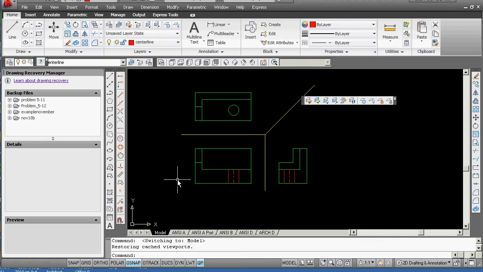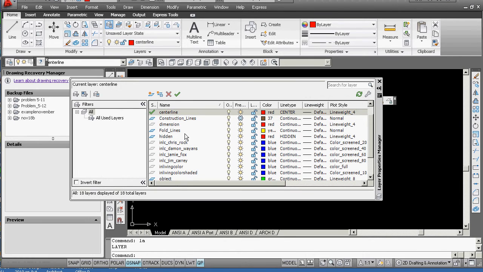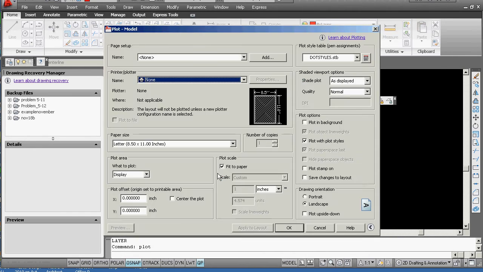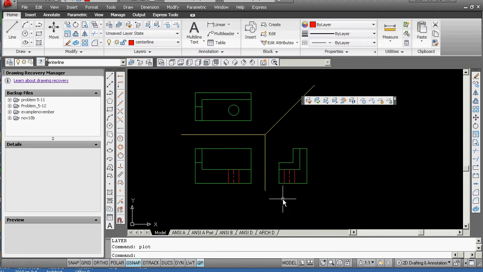Whenever you make layers, you have to make sure that the layers that you made were defined on a correct type of plot style. It looks like they are. At this point, you're ready to plot. So you go ahead and hit plot many different ways. But if you do it from here, you would plot from a view. And so now let's definitely make sure we set a view, minus V for view. This is going to be what I'm going to call for now plot view